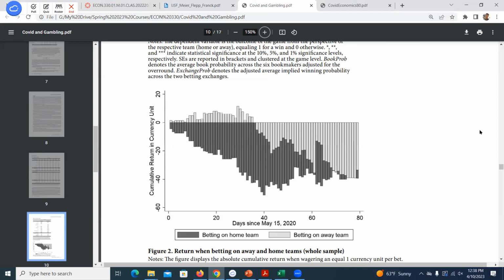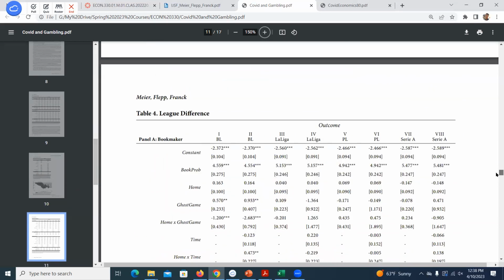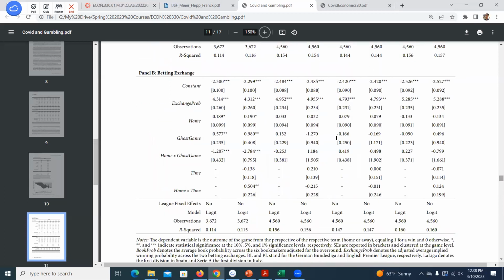right? But then over time in this market, generally everybody's returns ended up being negative once they got far enough out. But I don't know, that's an interesting result to show those negative returns were actually getting larger as these games were being played for people who bet on the home team versus the away team. They also tried to do some things where they looked at the time since those ghost games started occurring. I moved my cursor in front of this by accident.